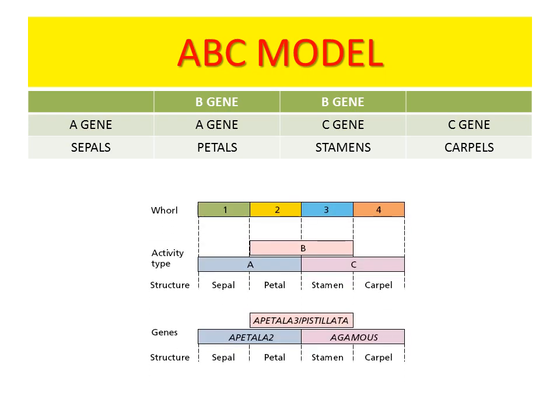Now this is the representation where the whorls are formed: whorl 1, 2, 3 and 4, according to the gene activity. B gene is known as APETALA 3 or PISTILLATA, A is known as APETALA 2, and C is known as AGAMOUS. So students, you have to remember this diagram, and based on this you can easily solve the 4 marks and 2 marks questions which are asked in CSIR UGC NET exams.